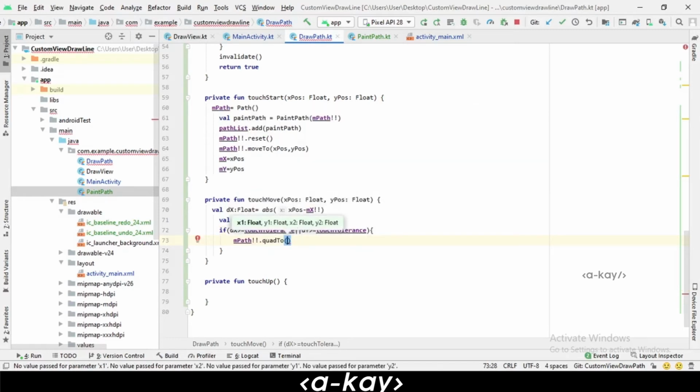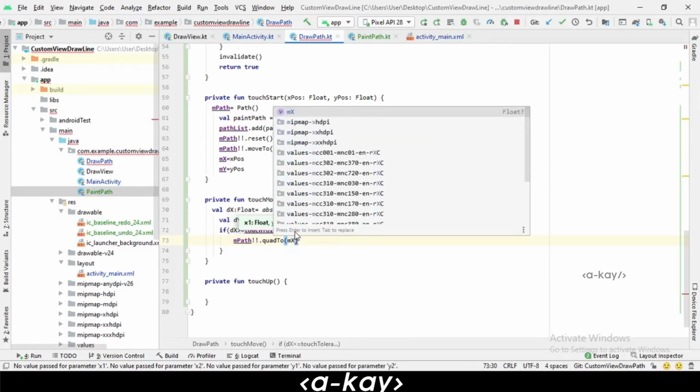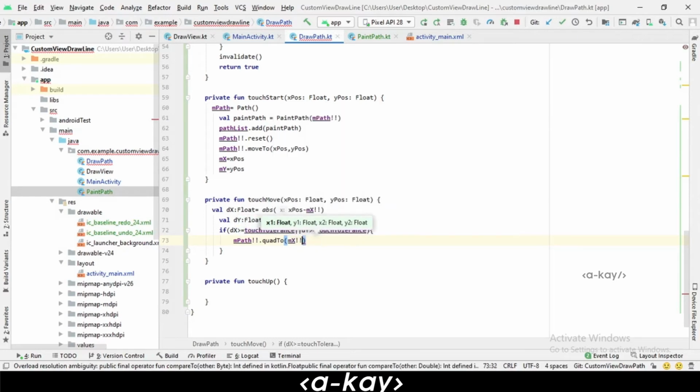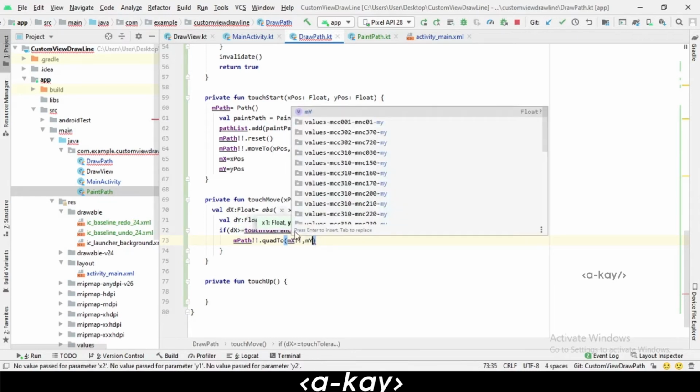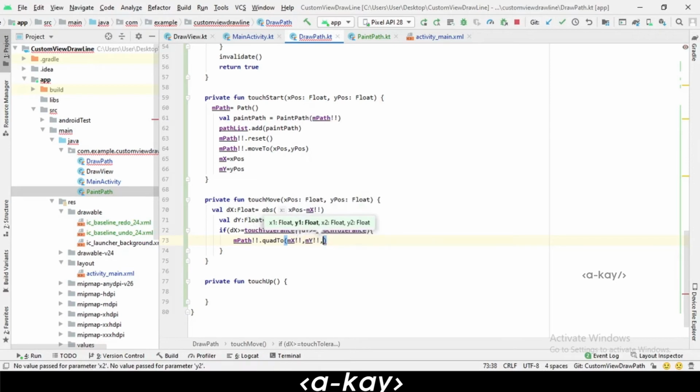Here we have to first define our mx and my, and here we have to